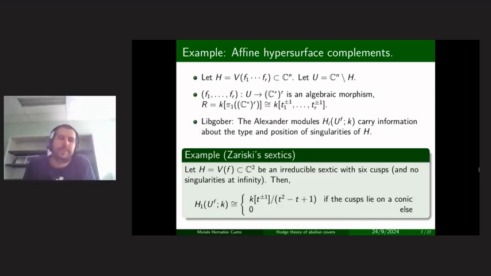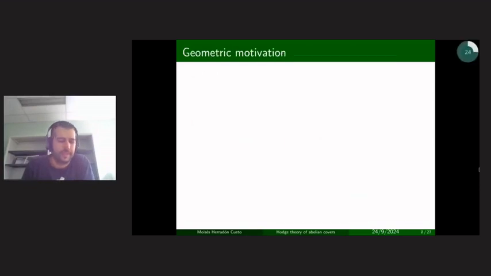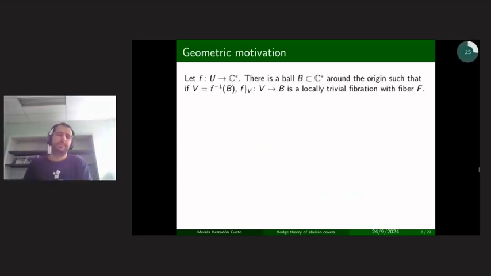And another motivation for Alexander modules is that if you think of a special case or a similar situation where you have a fibration, you get a very familiar thing. So I'm thinking now of letting the group be C star. So pi 1 would be Z. I'm thinking of the one variable case because the Laurent polynomial has one variable in this case.